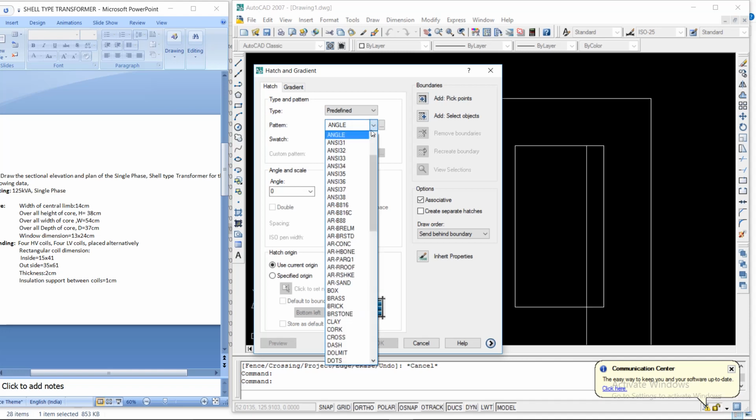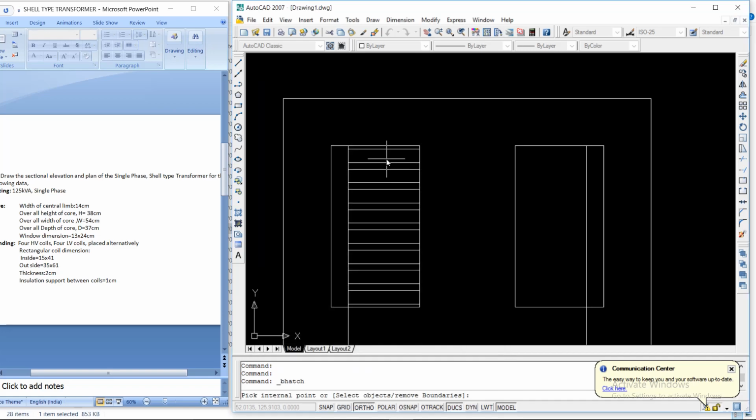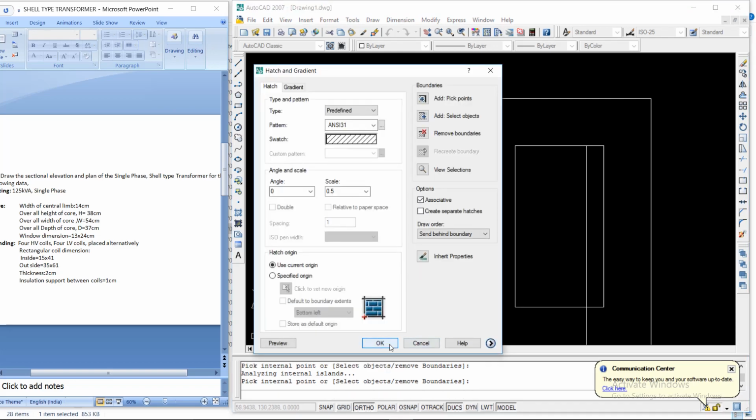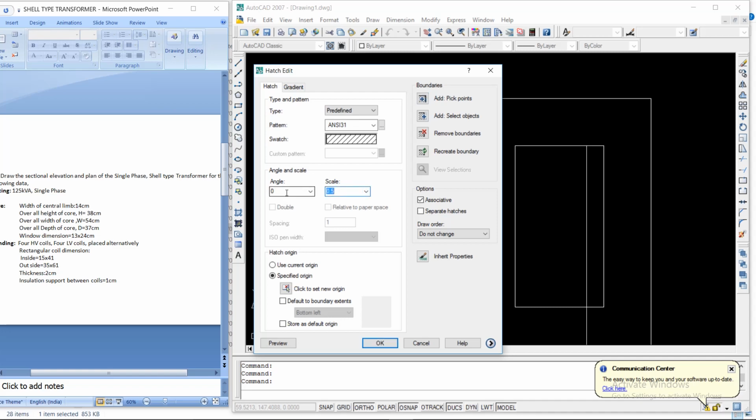Select here NC31, and let it be 0.5 scale, add pick points, enter. OK, we can reduce it to 0.25.